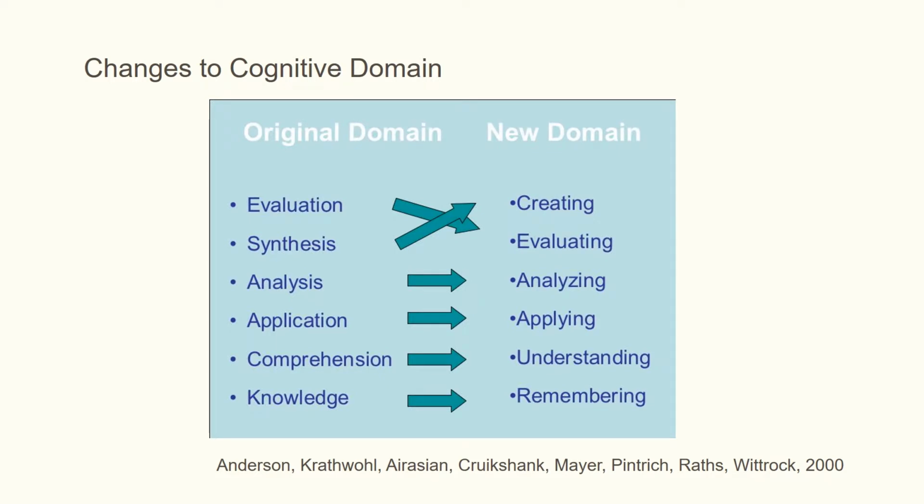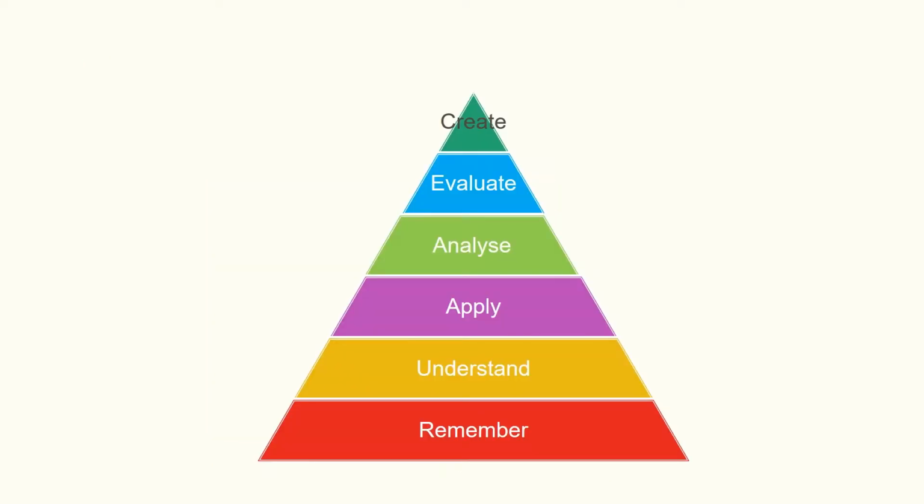And Anderson and Krathwohl in the 1990s came up with changes to the cognitive domain. Basically, they changed the names in the 6 categories from noun to verb forms. They rearranged the categories as outlined in this chart, and also created a process and levels of knowledge matrix. And here in front of you, you can see the revised cognitive domain, which is most in use in education